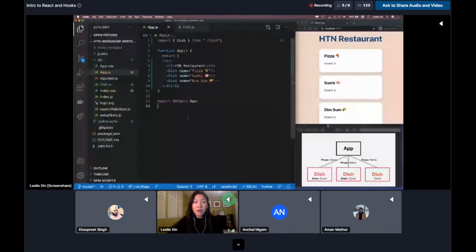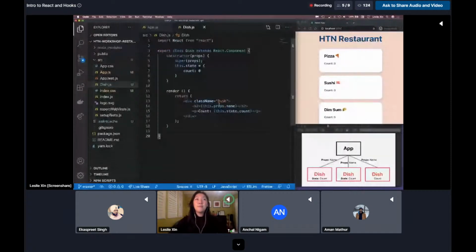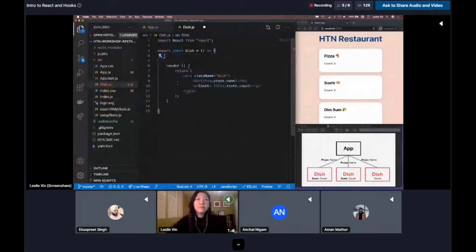Let's refactor our code, which means to change our code to use hooks instead. Okay, so the first thing we want to do is change the definition. So instead of class, we're going to export const, and we're going to define it the same way we did before, like an arrow function. Like that, and then we're going to get rid of the entire constructor, and we're going to get rid of